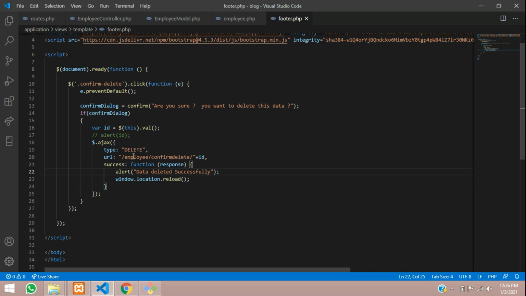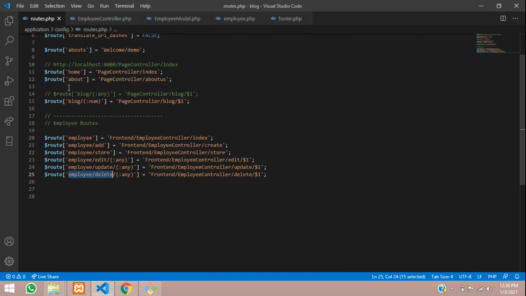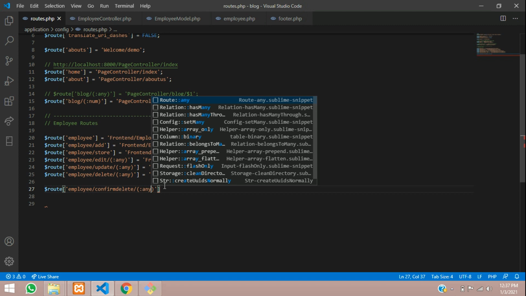So guys, now let us go to this path and create. So let's copy this and move to our route, right? As in the previous video we have seen, this query is for deleting. So the same query we are going to follow. So let's type that route, route in array format, where in single quotes you are going to pass this. So let's copy and paste, and this should be replaced with any symbol. Okay, so if you are passing any parameters or any ID, you can pass it with this type. Done.